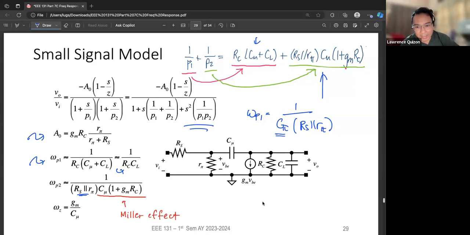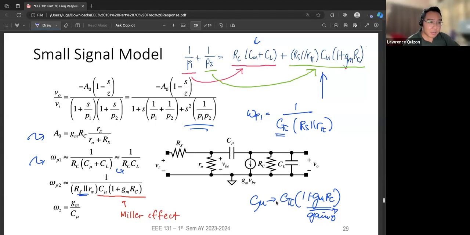But not just any C pi. C mu turned into a C pi with an amplification. This is your gain. You amplified C mu and put it in the input is basically what happened, no? And you call that the Miller effect,